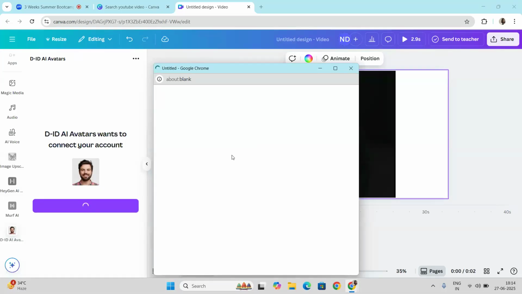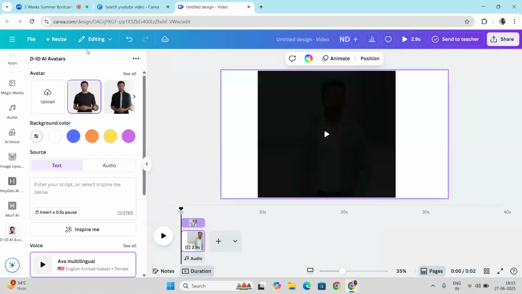It will take again a few minutes to connect. Actually, I'm not going to show it practically. Just note it down, DID AI avatar, because we have a lot to discuss about YouTube on account. So I'm just leaving it for right now.